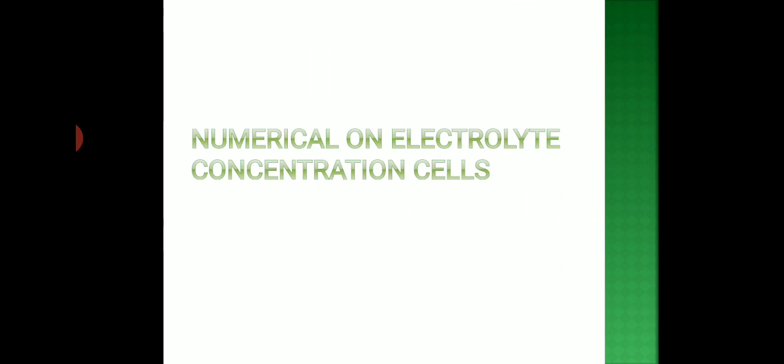E cell is equal to 0.0591 upon n log to the base 10 of C2 upon C1, where n was the number of electrons transferred, C2 is the electrolyte concentration towards the cathode ion, and the electrolyte concentration towards the anode ion was C1. So using that equation we understood how to calculate the E cell value, and how to